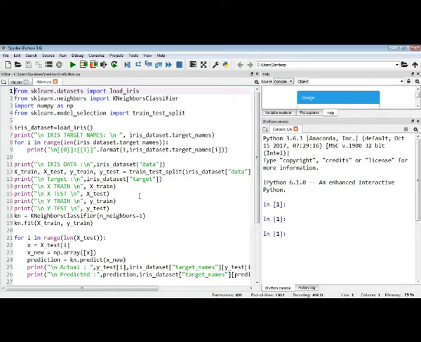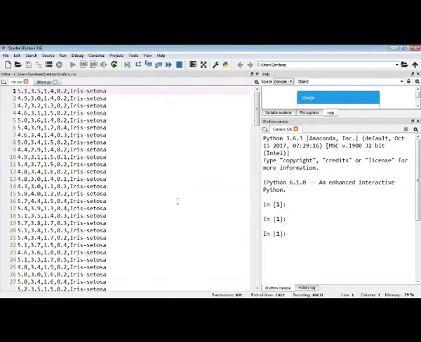Today I will be discussing lab program number 9. Lab program 9 is nothing but the implementation of the KNN algorithm. You need to classify the data using the KNN algorithm and test the accuracy of the KNN algorithm.